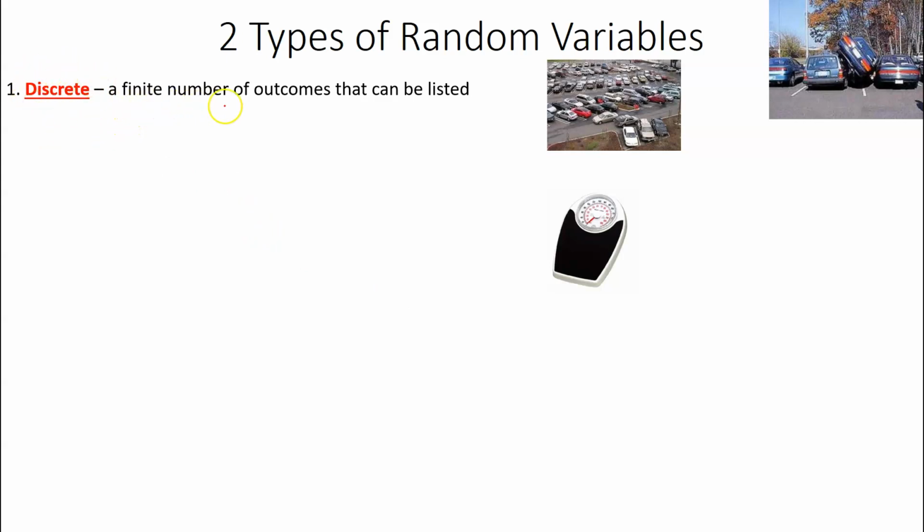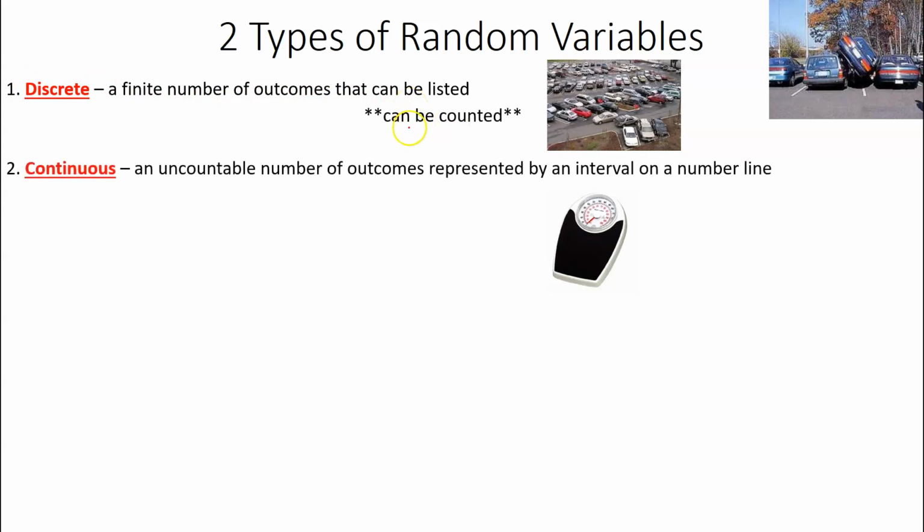Discrete numbers are finite numbers of outcomes that can be listed. They can be counted. That's probably how you want to think of this. And then you have continuous random variables, an uncountable number. I've got a scale here. On this scale, obviously you step onto the scale. Let's say it says